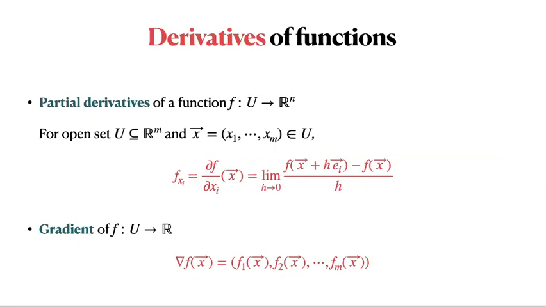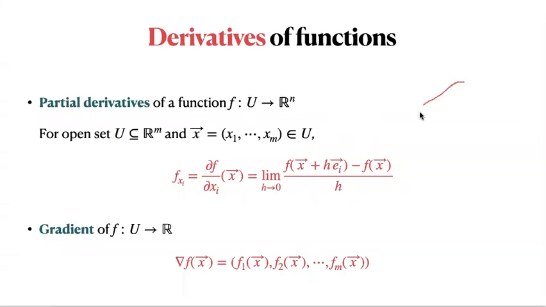Let's think about the function f, which is defined on an open set U, and our codomain is R^n. So if our open set U is a subset of R^m, then x can be represented by m coordinates. So we can say that the vector x is represented by x1 to xm, right? Also,